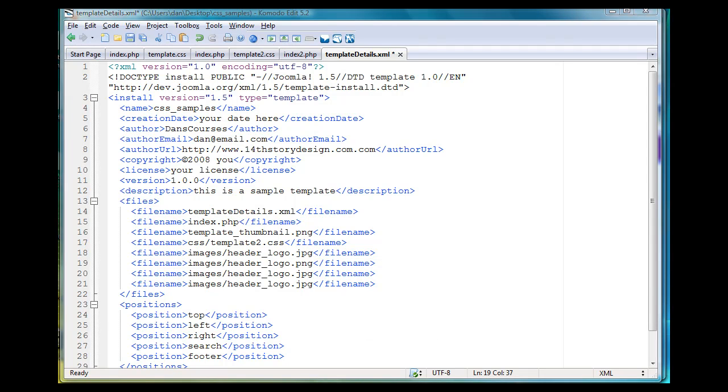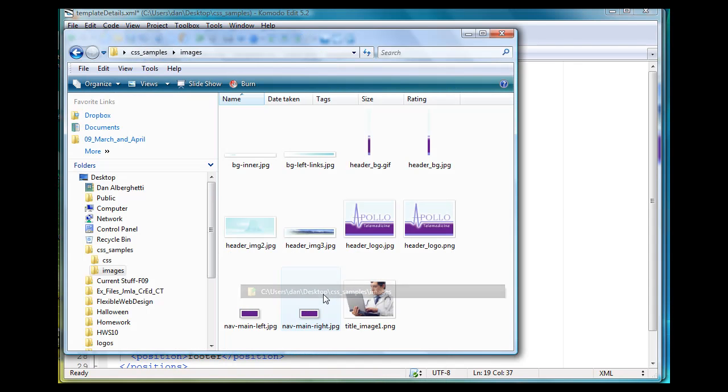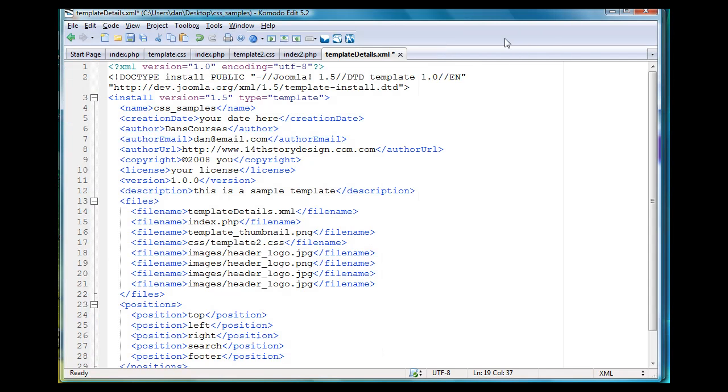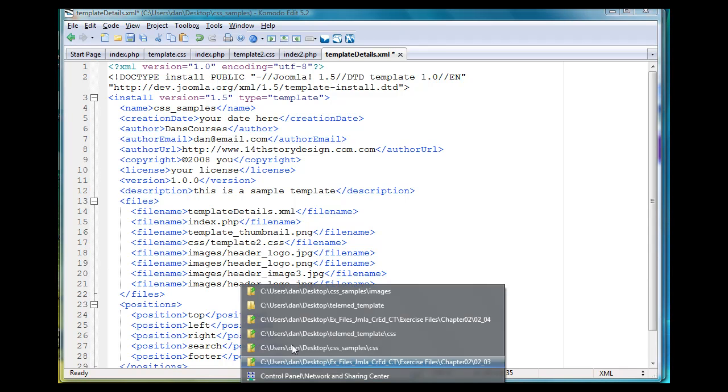So once again, let me look at this. Images: header_logo png and jpeg, header_image3.jpg, right? Another one is